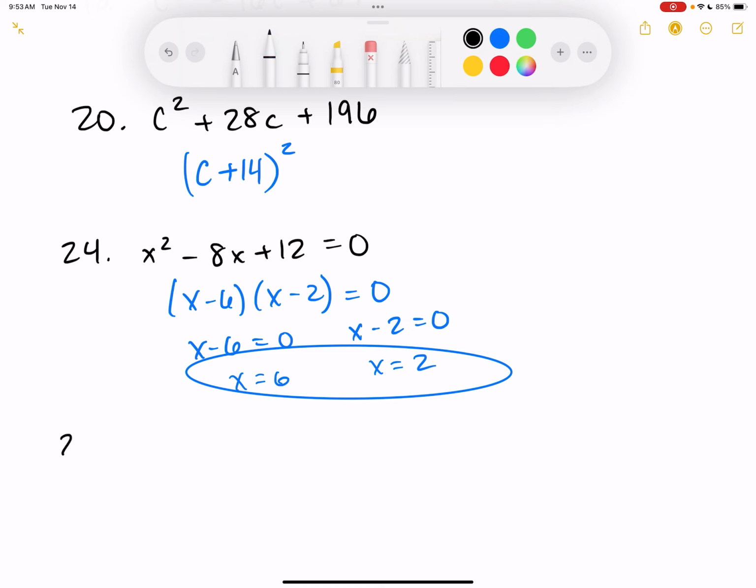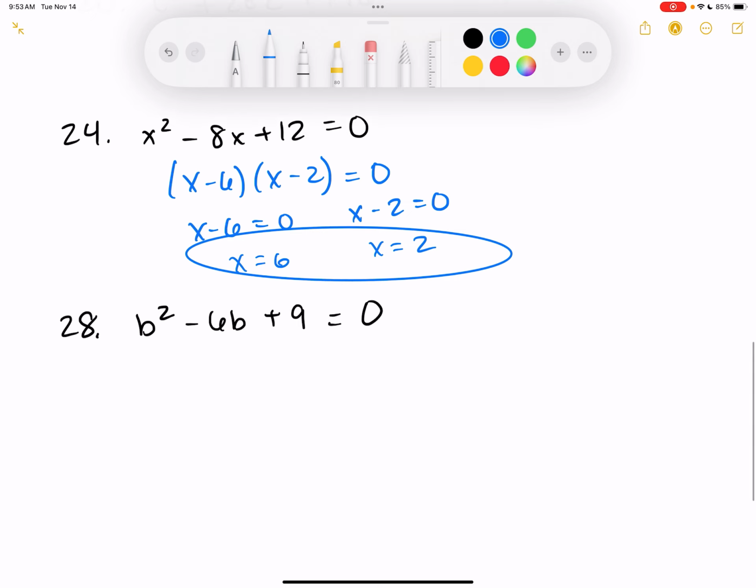Number 28, b squared minus 6b plus 9 equals 0. Now, what is this? 3 times 3. What type is this? It's a special type, the perfect square trinomial, because this is something squared. So, b minus 3 squared equals 0. So you only need to do it once because it's just that term repeated. So that's just going to be b minus 3 equals 0,